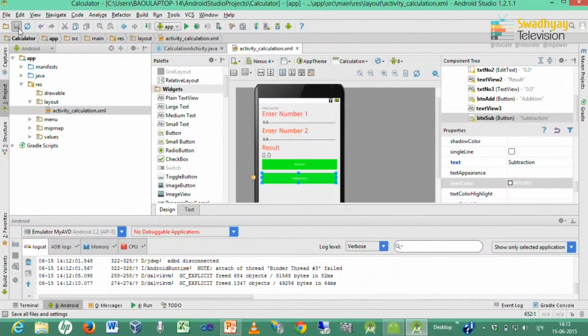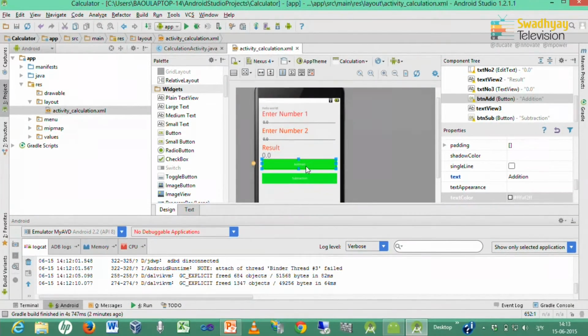Now, next we write code for handling these events, addition and subtraction. So, you have to remember the names. Our name is button add, and for subtraction we have button sub.